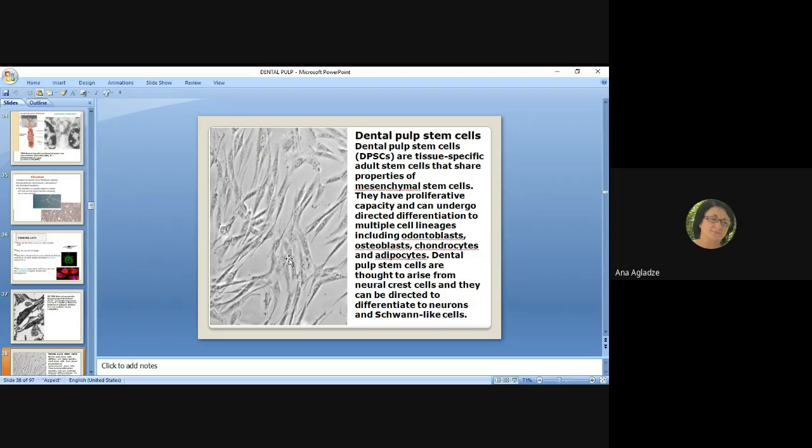For example, inner cell mass cells or neural crest cells, which can give rise to about 200 cell types. They are pluripotent cells. After restriction, there are multipotent cells, and such cells are these dental pulp stem cells,